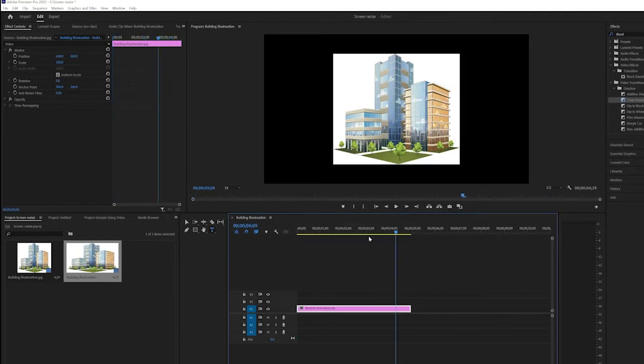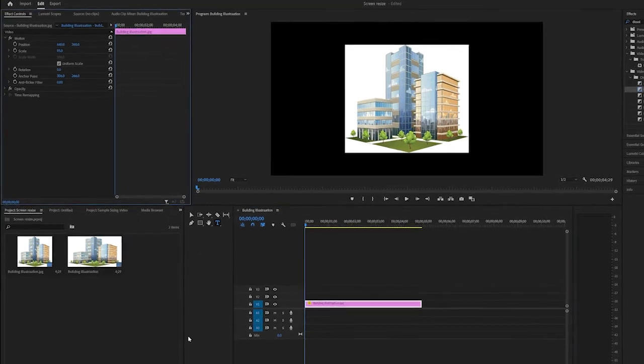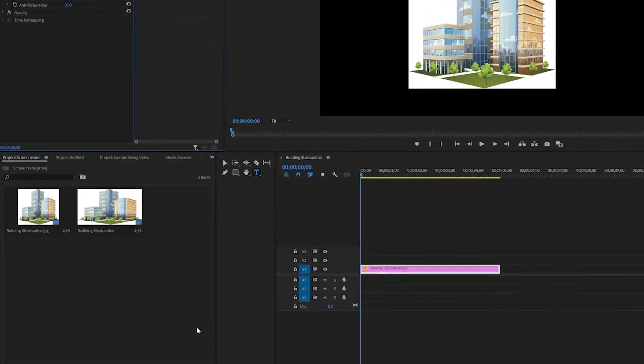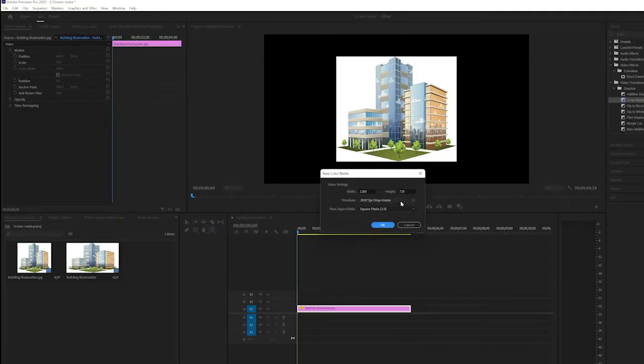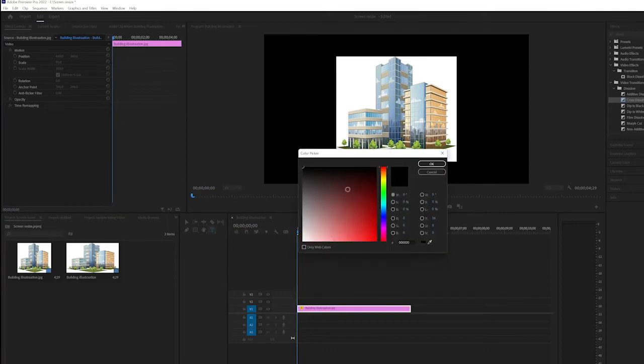I want to fill it in with a color. I want it to blend with my image. So I want this color, instead of black, I want it to be white. So what I'm going to do is go to the left bottom of your screen where you previously imported your photos, and you're going to go to the bottom and select the little square tab that has part of it flipped up like a page, and that says New Item. Select New Item, select Color Matte, select OK on the blue button,